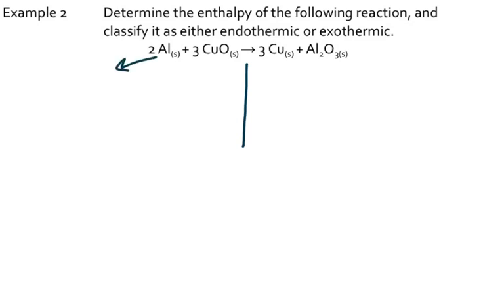Aluminum, we look it up, it is 0, so we have 2 times 0. In reality that doesn't matter, but when we get to a delta H that's non-zero, it does. Looking up in the table for CuO, we have 3 of those at negative 157.3. Adding those together, 2 times 0 is 0. Do the math, so the delta H